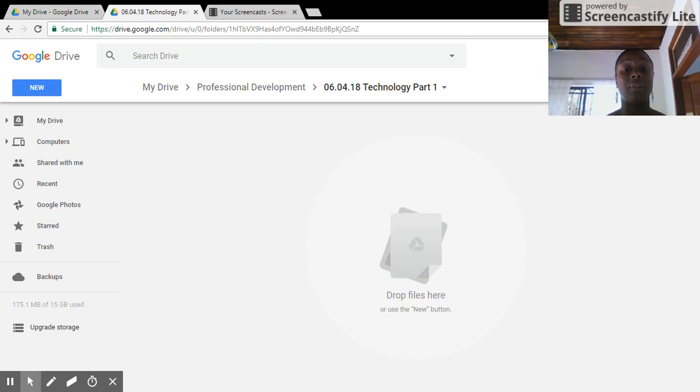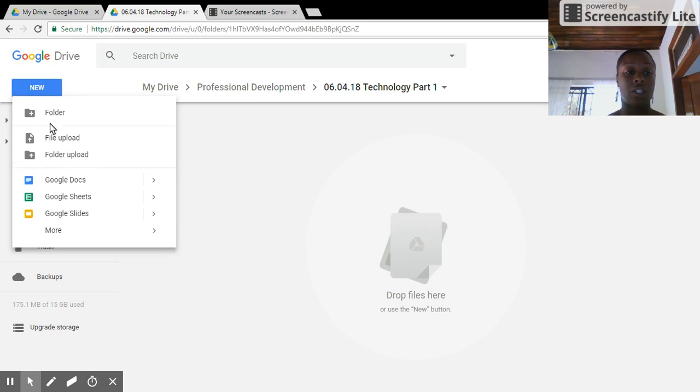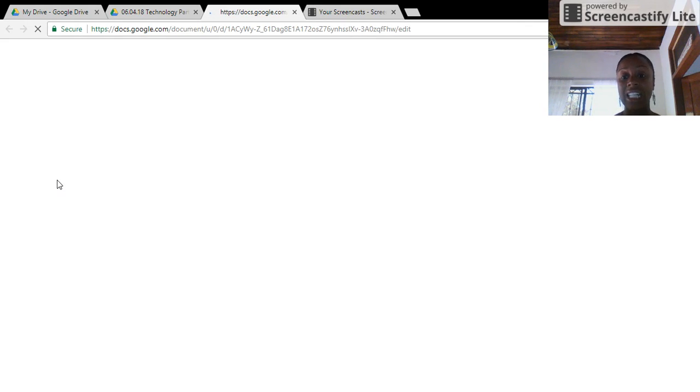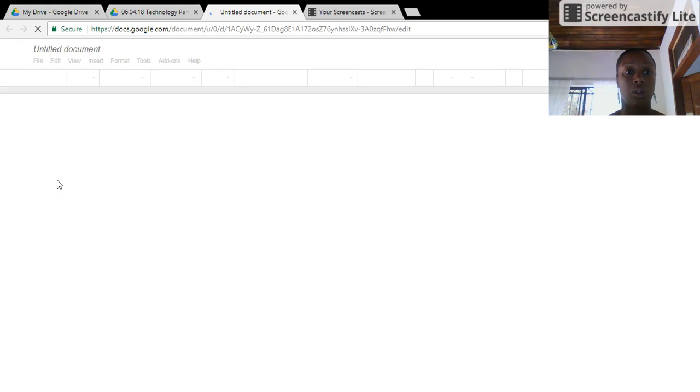Okay, so the next thing that we're going to do is create a new document. We're going to click New. You saw this before, and we're going to go to Google Docs. When we click it, it gives us a new tab, and this is what the Google Docs template looks like. You'll see it's very similar to Word,